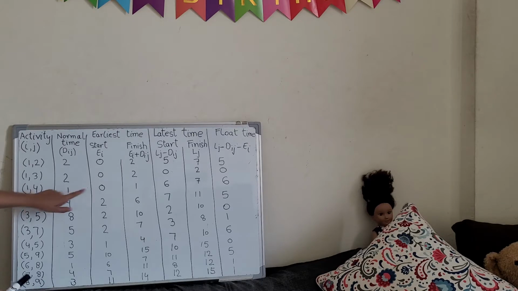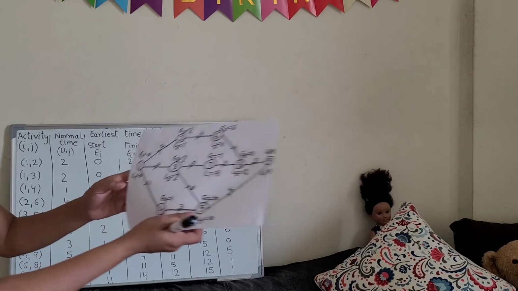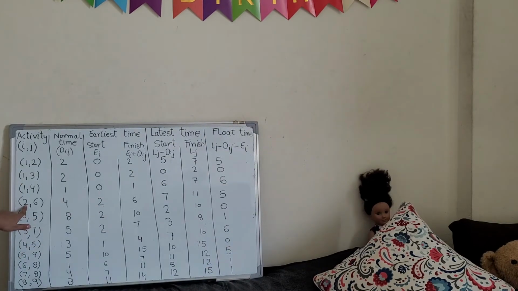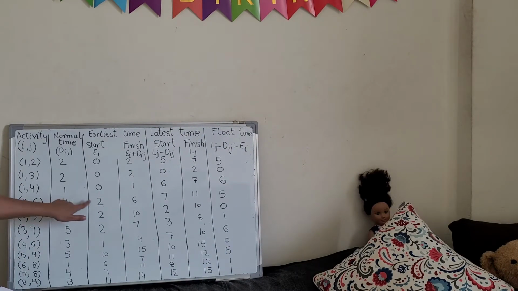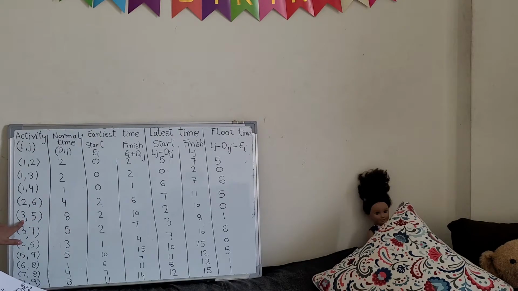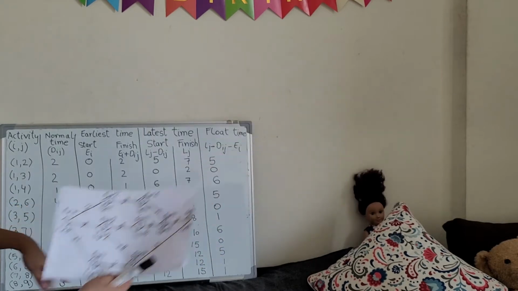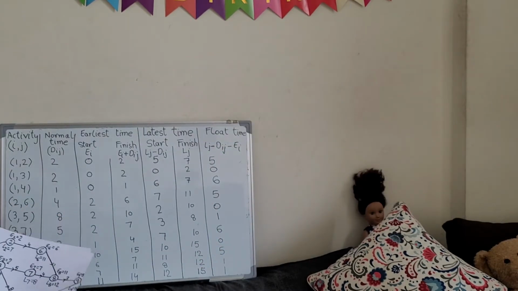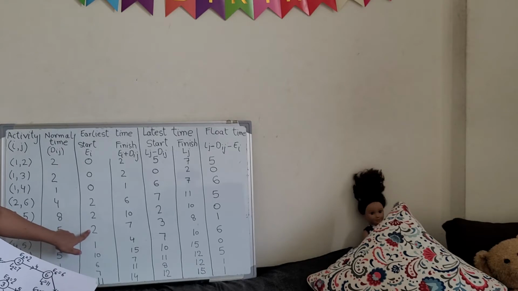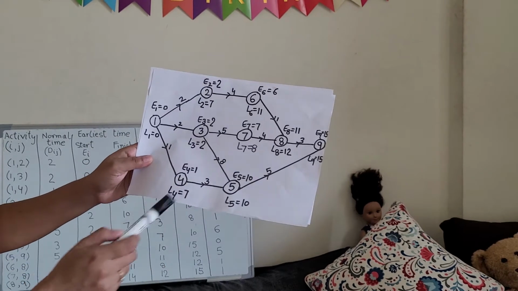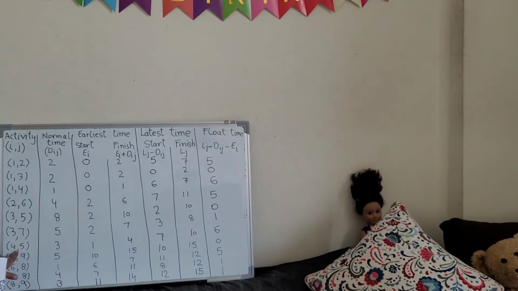E1 will be 0. Now E2 will be, check how much. E2 is 2, right? So this is the first activity. So E2 will be 2. Now here is 3. So E3, check E3. E3 is also 2. So we are writing E3 equals to 2. Here also E3. So E3 equals to 2. Here 4. So E4 check how much. E4 is 1. So E4 equals to 1. So here we are writing earliest start for fourth activity is 1.